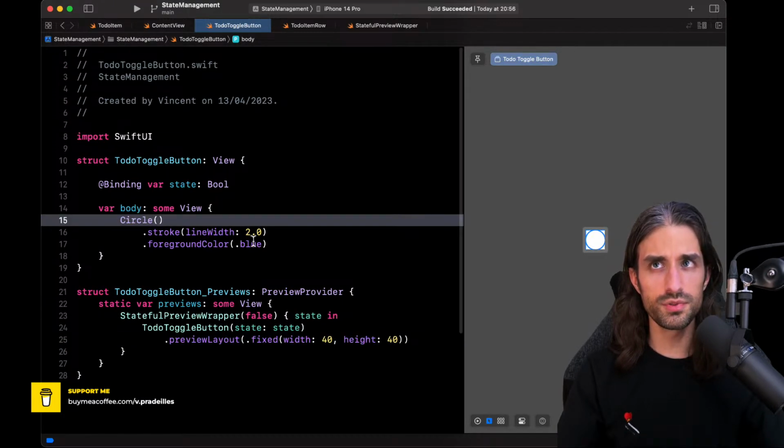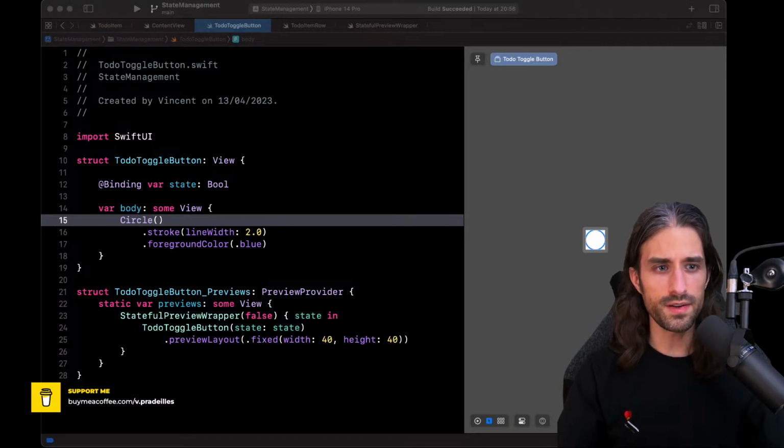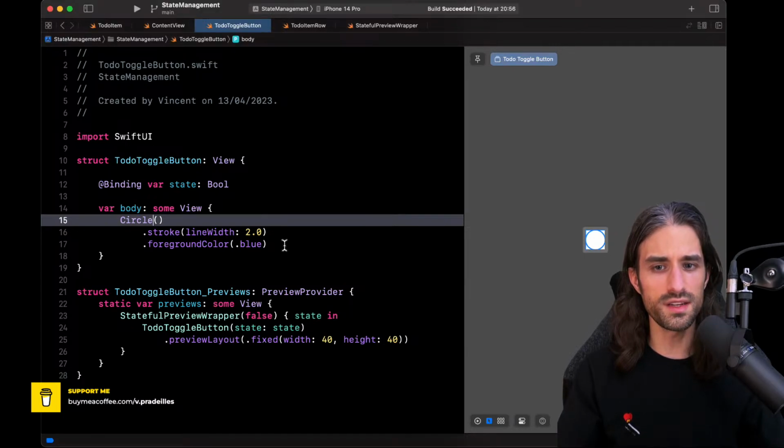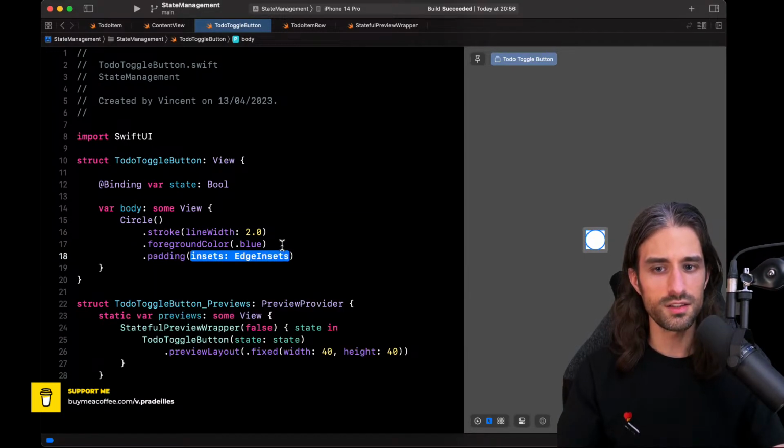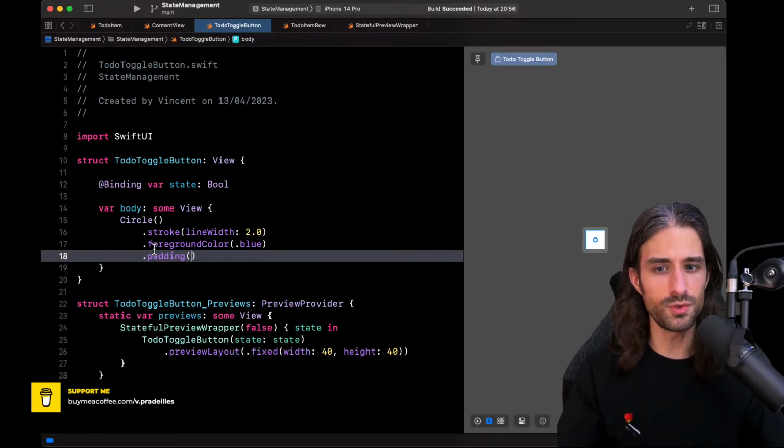You can notice that I didn't put a padding on the button, and it's on purpose in a way, because once you've put a padding, it's not super easy to remove it. So it begs the question, whose responsibility should it be to set the padding? Should it be the button, or should it be the view that uses it? When there is no padding, the button is going to feel really weird. So I guess it makes sense to set the padding inside the view itself.